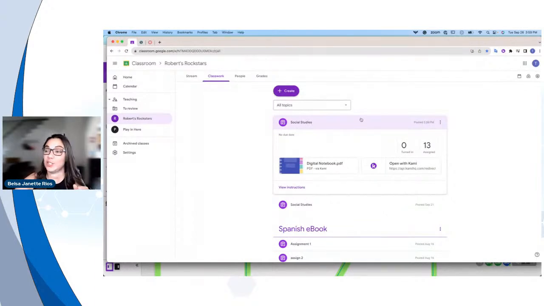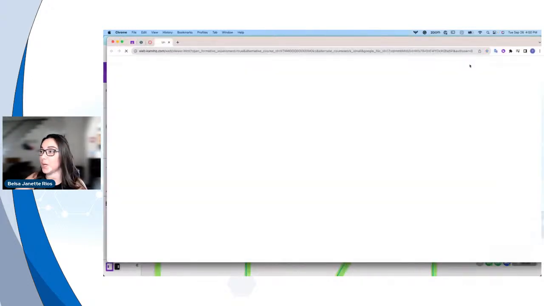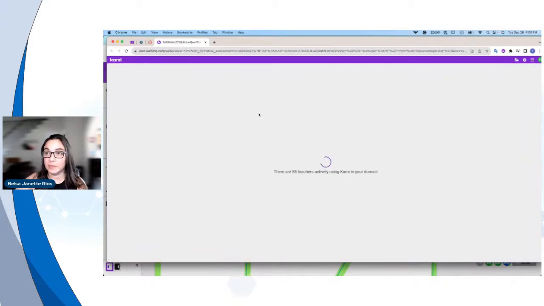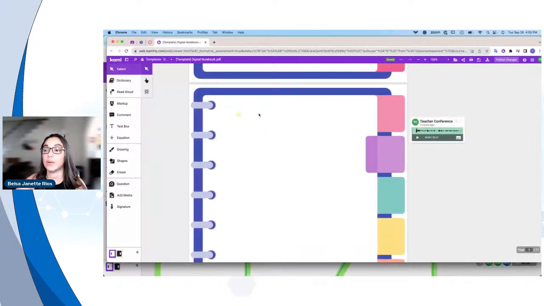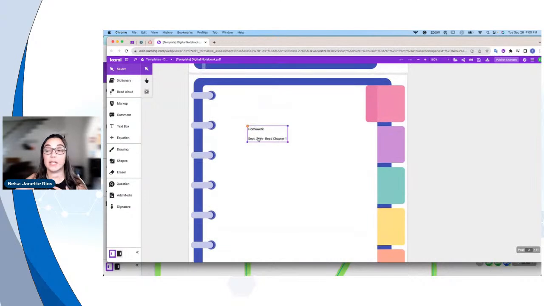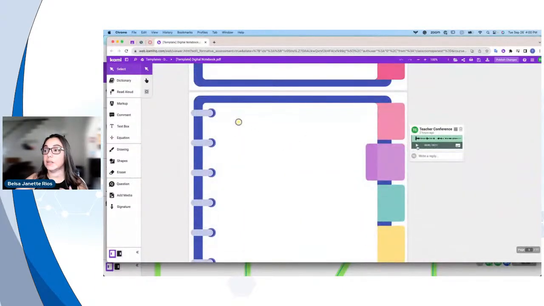So whatever changes I want to make, I'm going to go ahead and click on that PDF. On my top right-hand corner, I now have two options, update work and open with Kami. I'm going to click on update work. It's going to open my file, and my notebook already has changes to it. So on my first page, I gave my kids the assignment, which was homework for today, and it was to read chapter 1. So now we're on day 2, and the assignment,